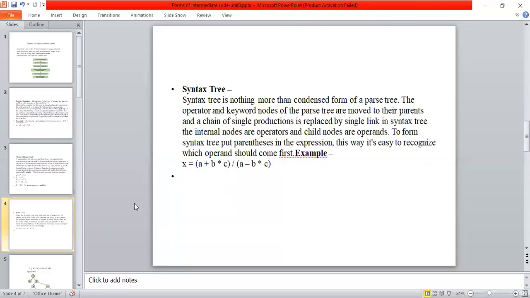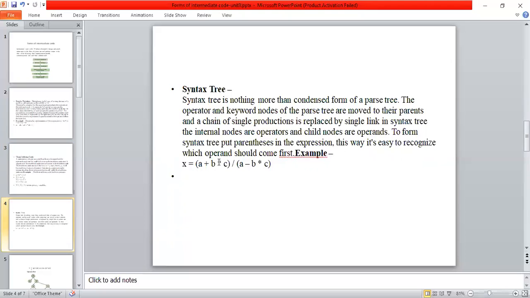For example, here I have an expression x is equal to a plus b into c divided by a minus b into c. Now we will discuss how to construct the syntax tree for this expression. Before constructing that, again we should give first priority to the operator precedence.